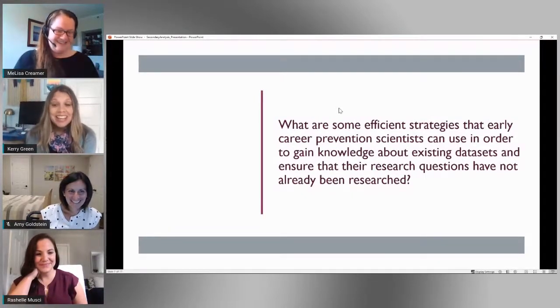Sure. The thing about existing data sets out there is there are a lot of people with a lot of expertise in them. So my main advice is to reach out to people who have been using these data sets because they know really well what the data is capable of answering, as well as what some of the intricacies of various data sets are. Because I think it takes a long time when you start with a new data set just trying to figure out if your questions can be answered well with that data. And if you collaborate with someone who's used that data, I think that will speed up the process tremendously,